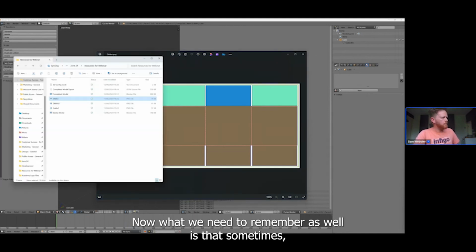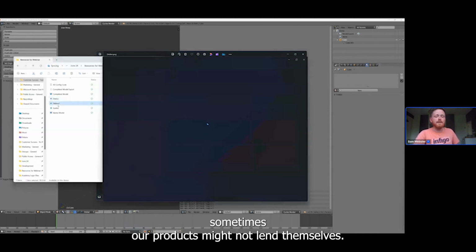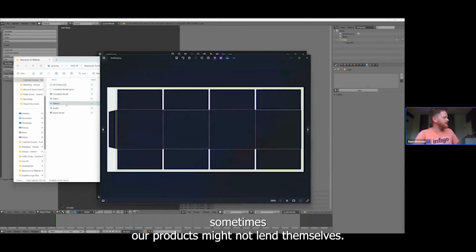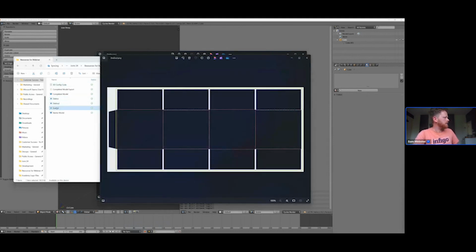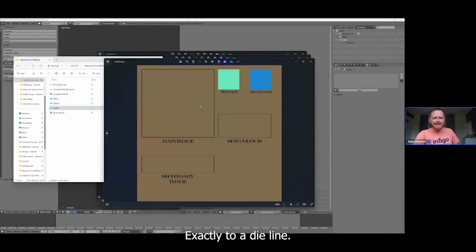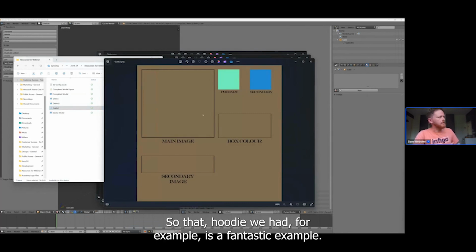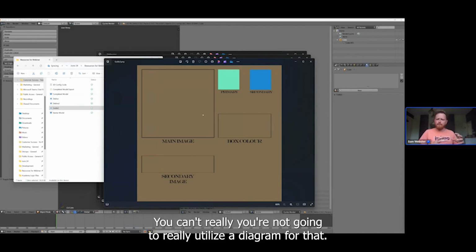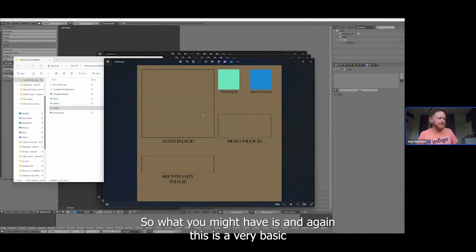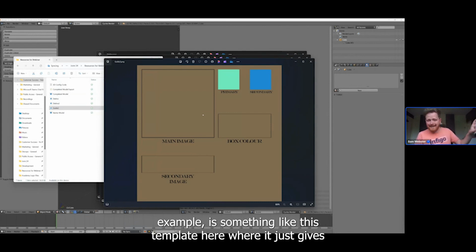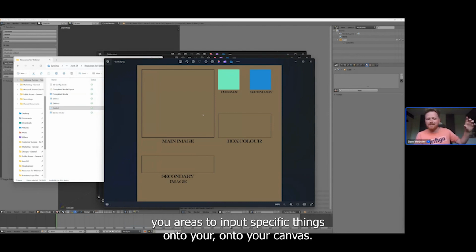Now, what we need to remember as well is that sometimes our products might not lend themselves exactly to a die line. So that hoodie we had, for example, is a fantastic example. You're not going to really utilize a die line for that. So what you might have is, and again, this is a very basic example, something like this template here, where it just gives you areas to input specific things onto your